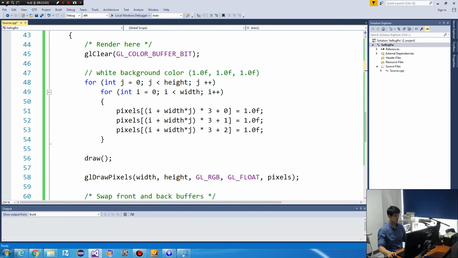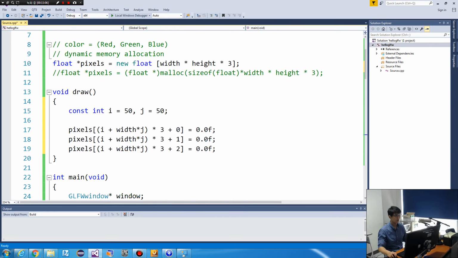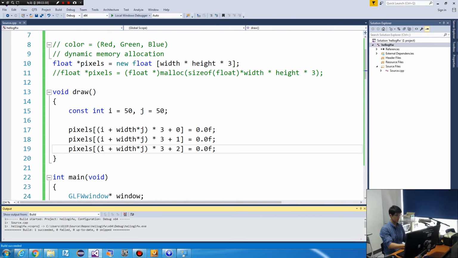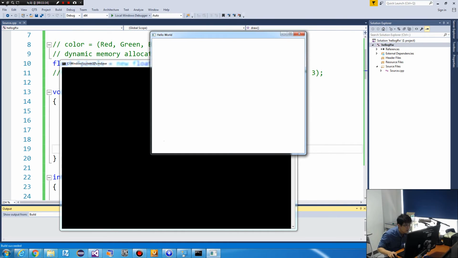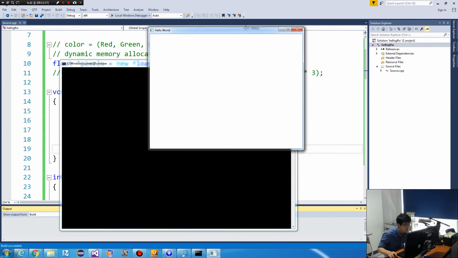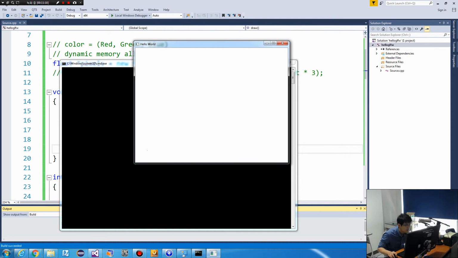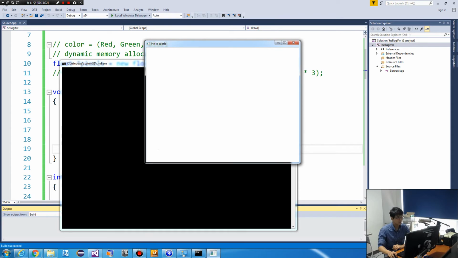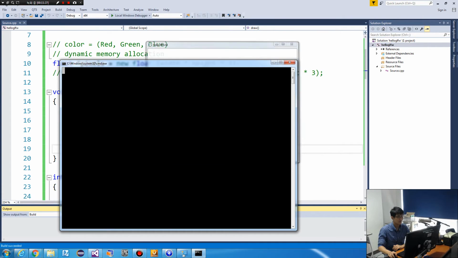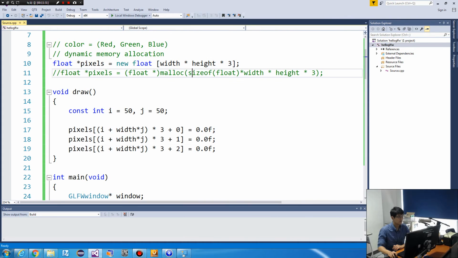This draw function is called here, and it has this part here. We should have a red point around here, but there are too many pixels, so let's try a different way.